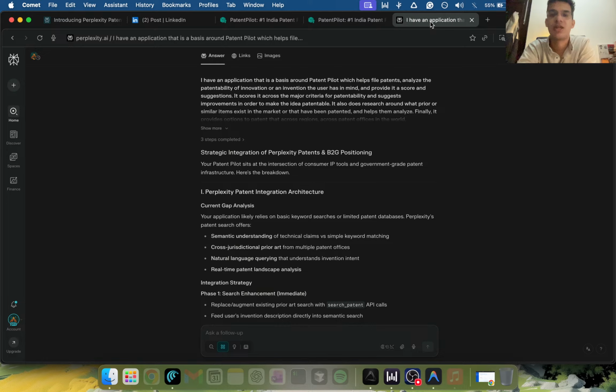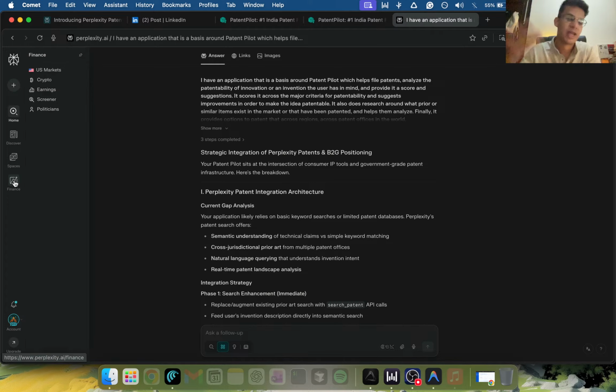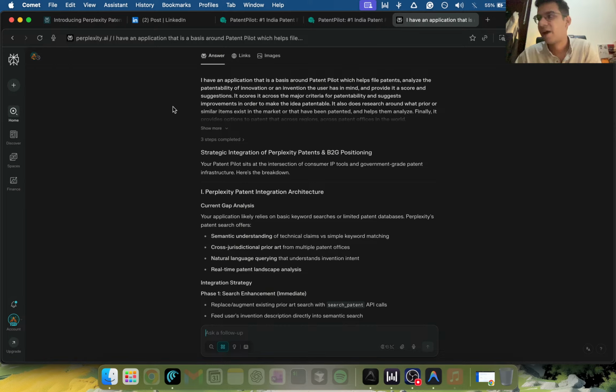Like they have a financial dashboard for all the finance enthusiasts. It has Patents for scientific and academic research professionals. It has Tasks, Spaces, Discover, and all of the other news and other items that it can do in order to keep attracting users, even though they have better LLM options that they can natively use, but with the ability